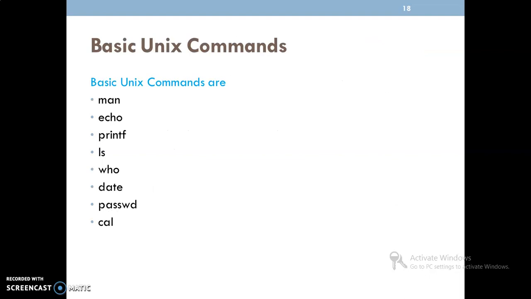These are some of the basic commands we use in Unix: man command, echo command, printf command, ls command, who command, date command, passwd command, cal command. These are the different commands we use in Unix, and we will discuss them one by one. The first one